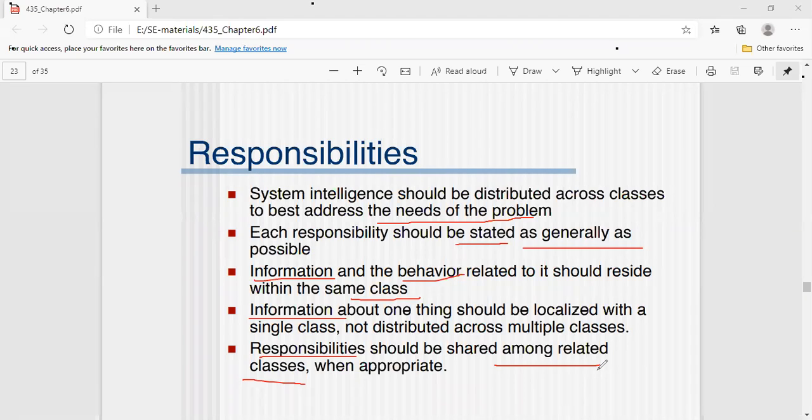Whenever the exams come, automatically the students will sit together and they'll prepare by sharing the work, by sharing the units. After reading, they will discuss one unit, second unit, third unit, fourth unit, like that. So it's called a collaboration of work. It will simplify the work of a student. Like that, here also, whenever there is a need, we are going to take the support of some other class.